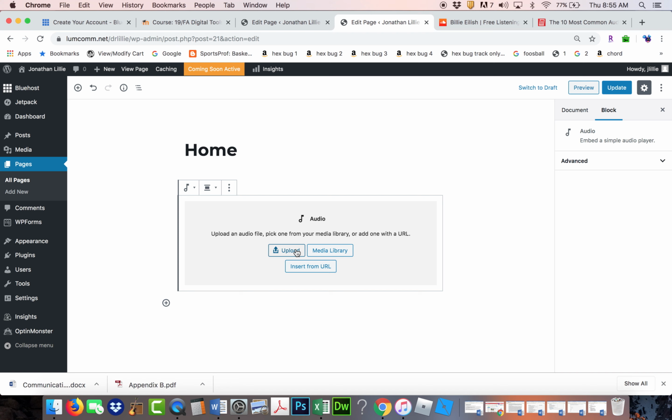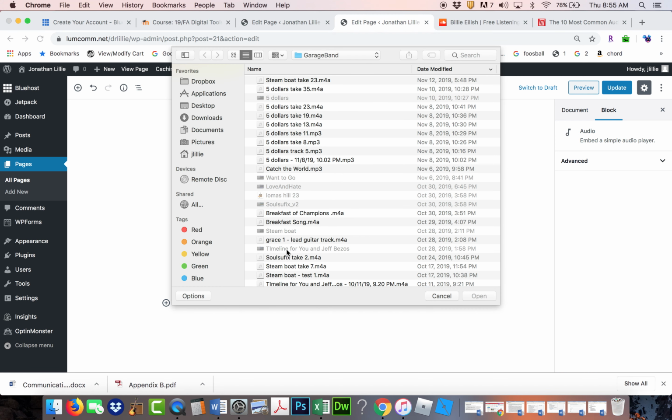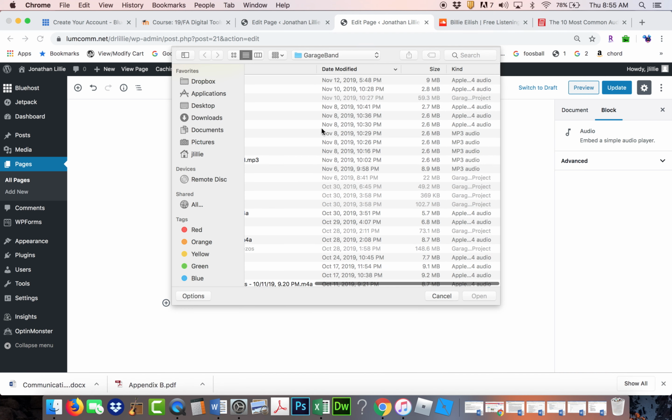And this time, if I have something, and this is particularly useful if you used Audacity or GarageBand, or you can certainly do this from your phone as well. You can log into WordPress to do anything. And so I could just hit upload. I have a bunch of MP3 files in my GarageBand folder. And one thing here, I looked and it looks like maybe the limit is going to be 10